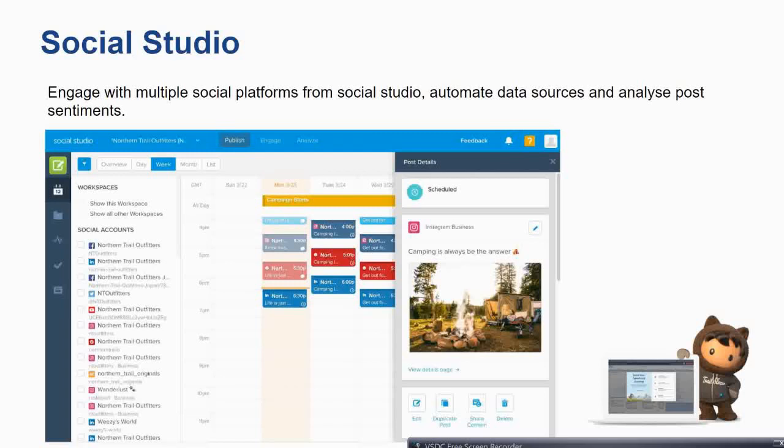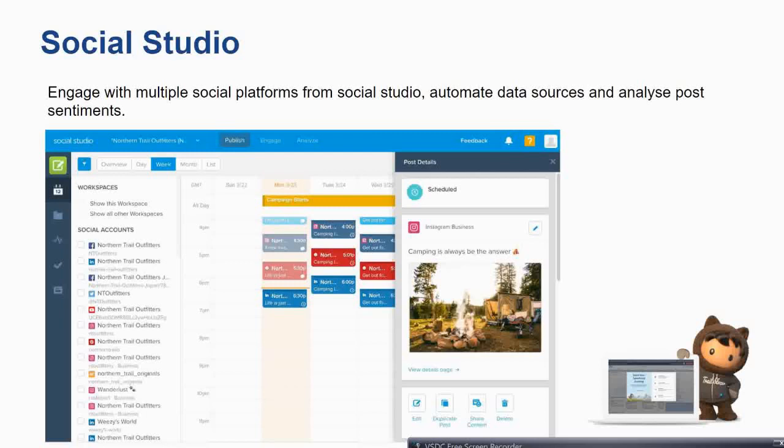You can pull posts and categorize them, like this is a complaint, this should be assigned to a case, and this user should be dealt with. In such scenarios you can automate the task where posts from multiple channels are pulled in and then analyzed. So this is something which Social Studio does. And Social Studio can come in handy because it helps the business manage their social impression.